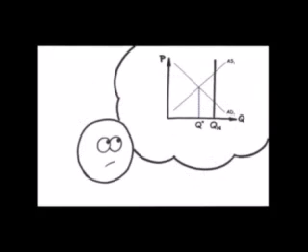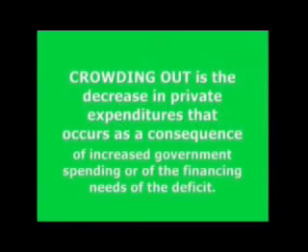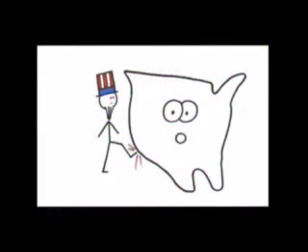Again, it depends. First, will there be crowding out? By definition, crowding out is the decrease in private expenditures that occurs as a consequence of increased government spending or the financing needs of the deficit. What this means is that in some cases the government uses fiscal policy, let's say, with the intent of giving the economy a boost, and the policy has the unintended consequence of reducing spending by the other sectors like household